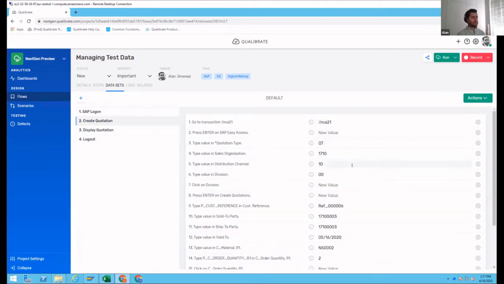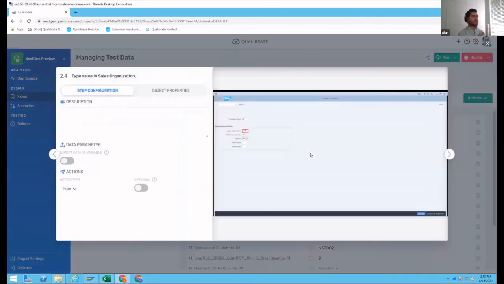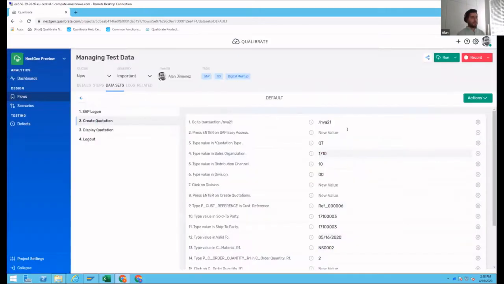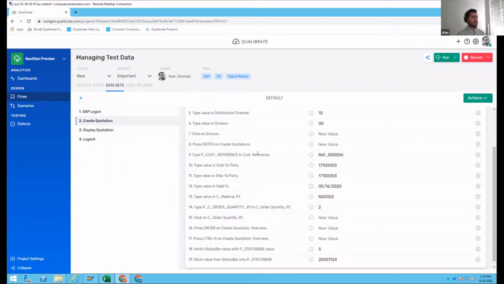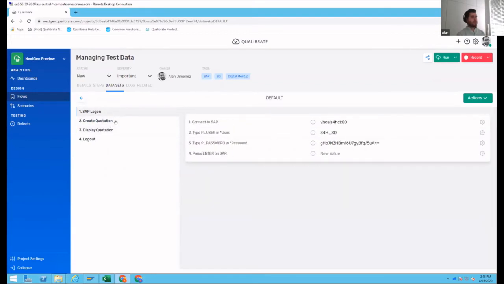And here you can see that all the values are basically entered there. One of the things that, probably for the people that do not know, if you want to explore a bit more detail about the steps themselves, you don't have to go all the way to the steps tab. We introduced this icon here on the step itself that, if you click on it, opens up the specifics of that step, including the description and, more importantly, object properties. So you can have direct navigation to the details of that specific step within the dataset view itself. This can be achieved in every single dataset that you create within the platform.